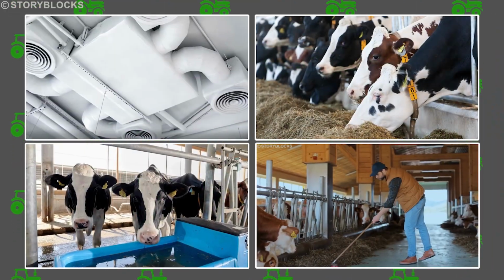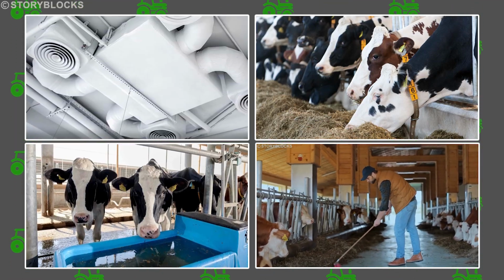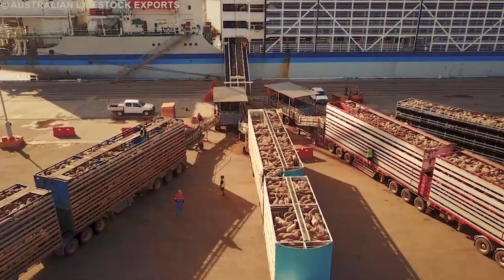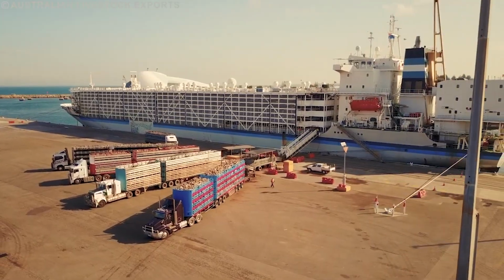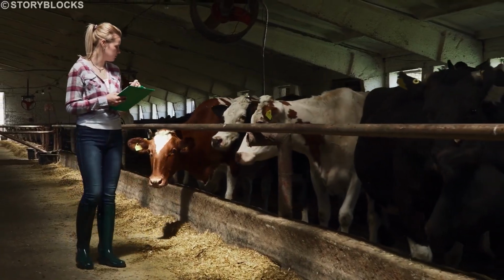They include ventilation systems, feeding and watering facilities, as well as waste management systems. In addition, these ships have strict design requirements in place to ensure the safety of animals during transit, such as anti-slip flooring and proper lighting. The design and construction of livestock ships are crucial to ensuring that safety is achieved and that the country's laws